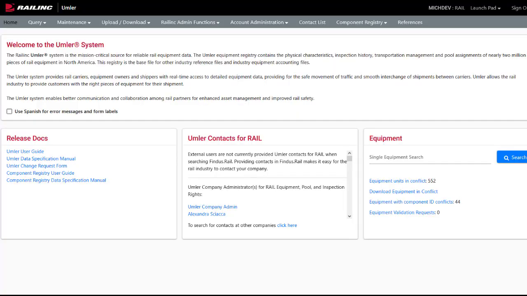In this video, I'm going to give you an overview about equipment components in Railinc's Umler application. The Umler application serves as the equipment registry for the railroad industry. In this video, we'll identify major component groups, learn how elements are associated to components, and see how components are